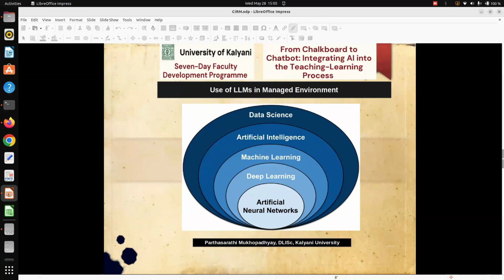There are lots of things. Computer vision is there, then image generation and many other aspects of AI/ML. But all of a sudden, text generation became very popular because of epoch-making models like GPT, BART, and the recent one, DeepSeek. We will be targeting that, how LLM can be utilized effectively, efficiently in our teaching, learning, research process, because you all have experienced through ChatGPT, DeepSeek, or Gemini that they